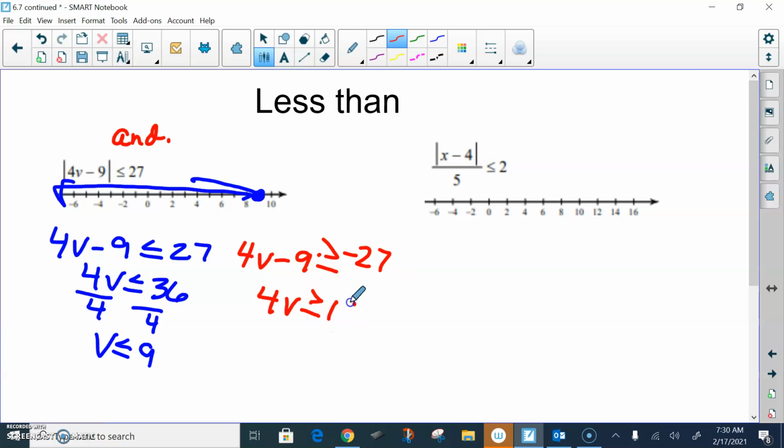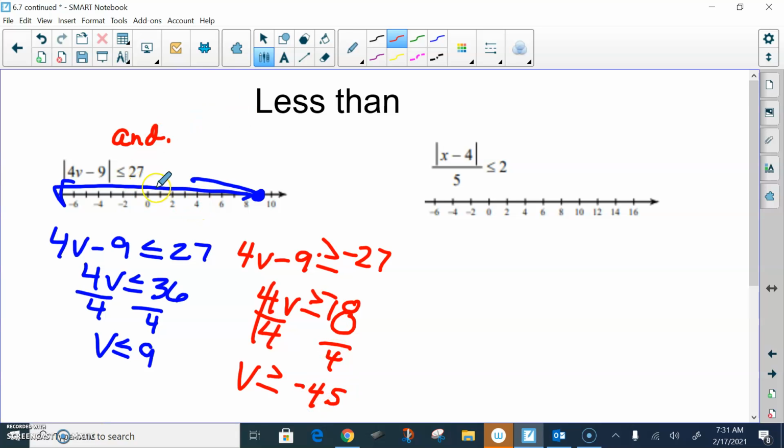It's going to give us negative 18. And then we're going to divide by 4. Negative 18 divided by 4, and it looks like that's going to give us v has to be greater than or equal to negative